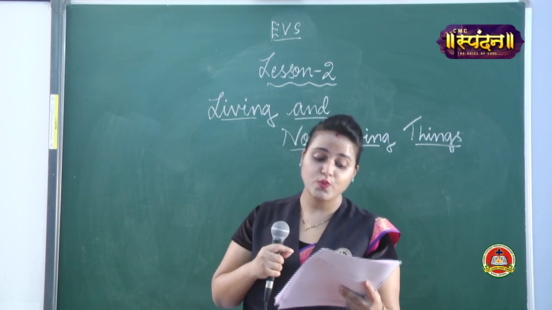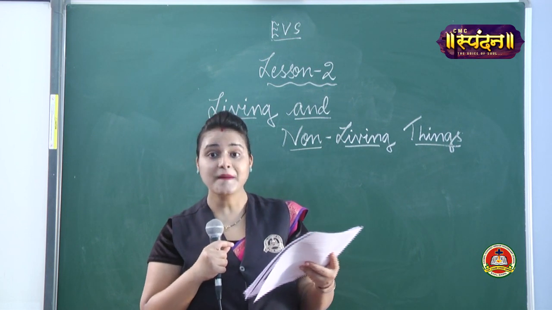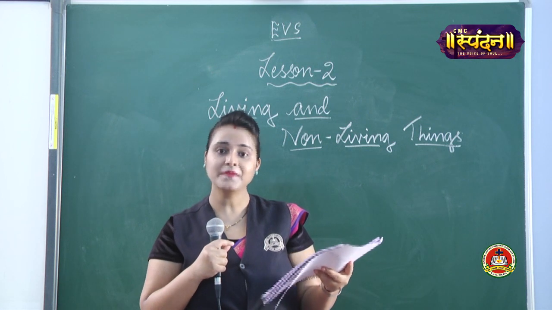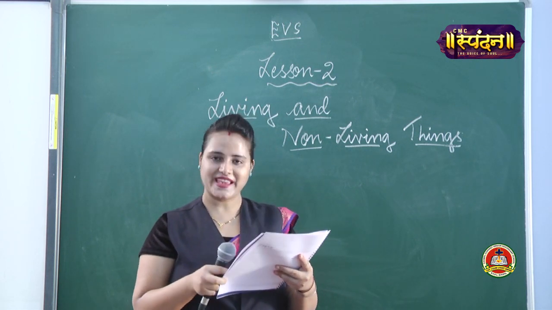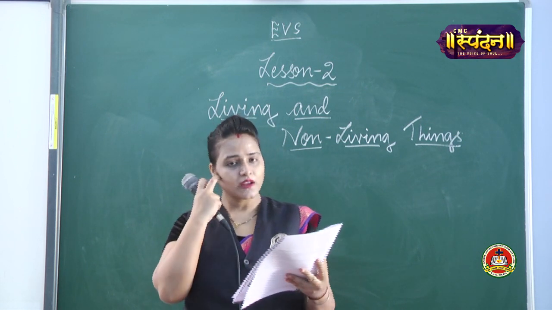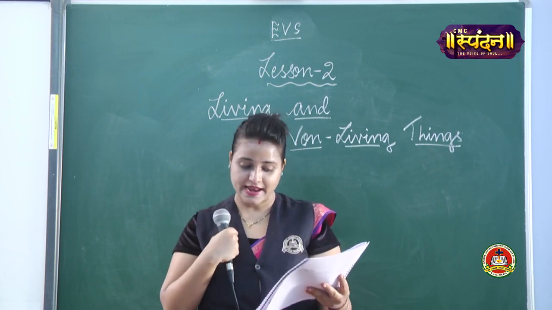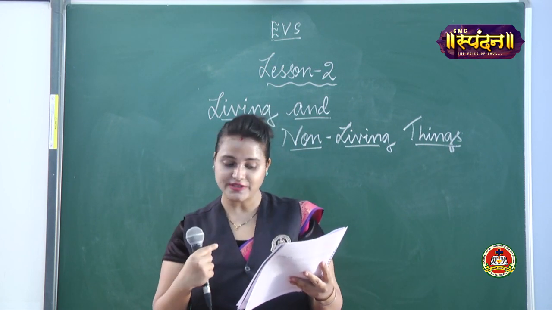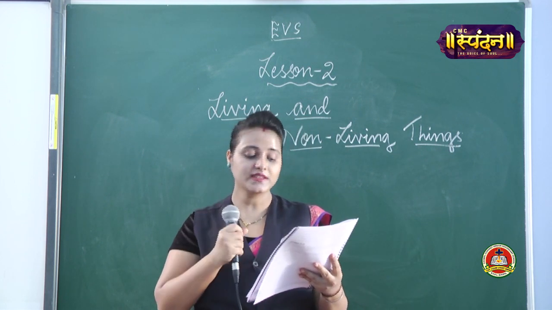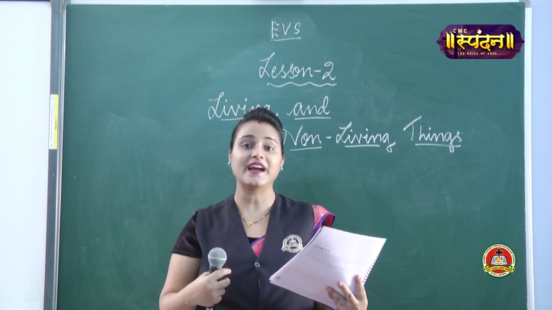Buildings, parks, vehicles, dams, factories, etc. are man-made things. They are created by man. Who created them? Man. Okay, next term is living and non-living things. What is living and non-living? I just now told you. Men, women, children, animals, birds, insects, plants, all are living things. They have life. They are living.